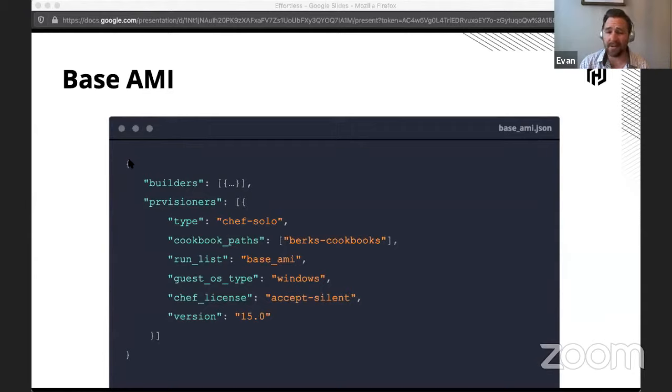But the reason for this is that it gives you the ability to vendor all of those dependencies. And so those all get uploaded to the Packer instance as it's being created. And then it resolves all those dependencies from those files that are vendored there. So that's the caveat there.